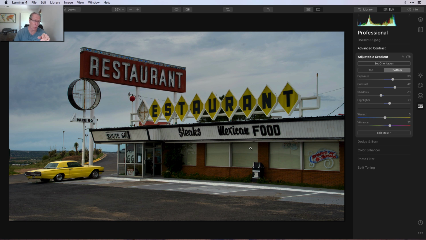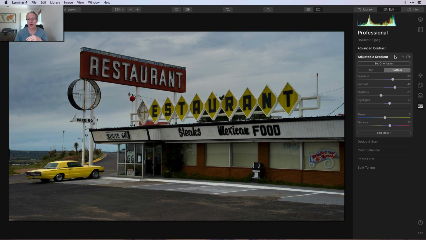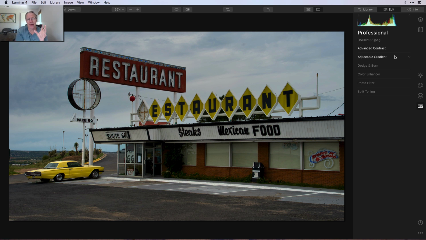I do like my color. I wanted that yellow to pop. I really liked, as I said before, how the yellow in the car kind of went with the yellow in that restaurant sign. So that was basically it. So adjustable gradient took me from that base, I just had done advanced contrast to that, which I was liking so far. But again, I wanted to move the light a little bit more, and that's where dodge and burn